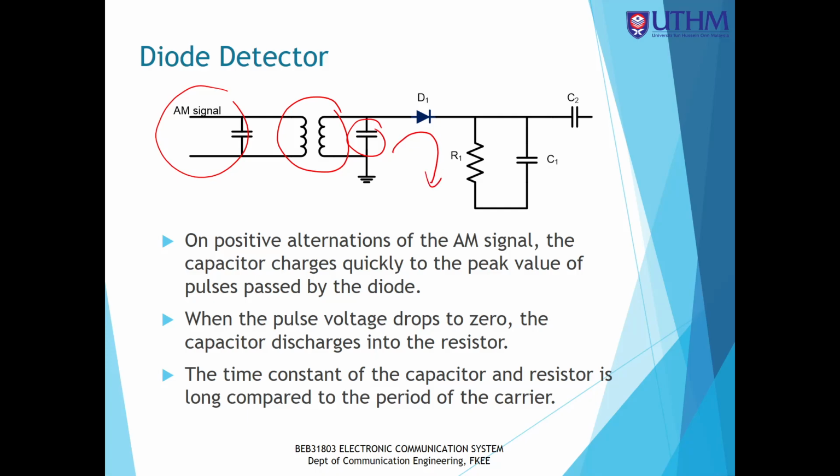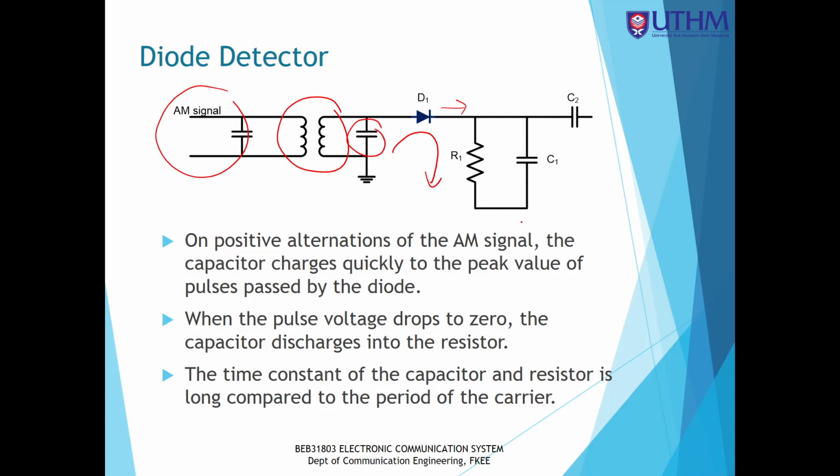So this diode is like a switch which will switch on and switch off. So during the forward bias, the current will flow in this direction and it will charge